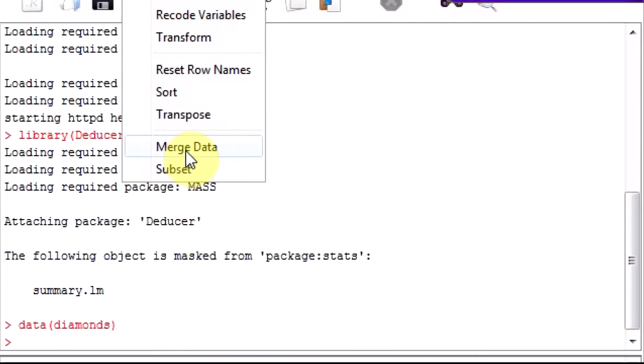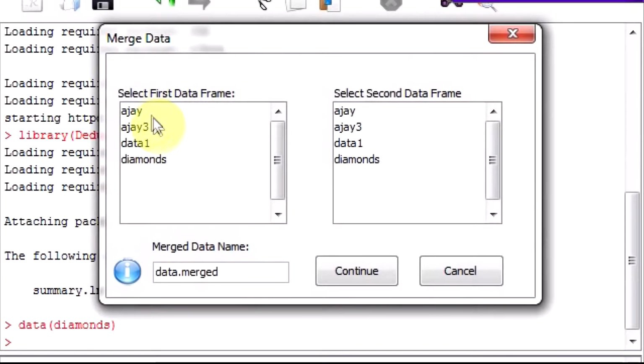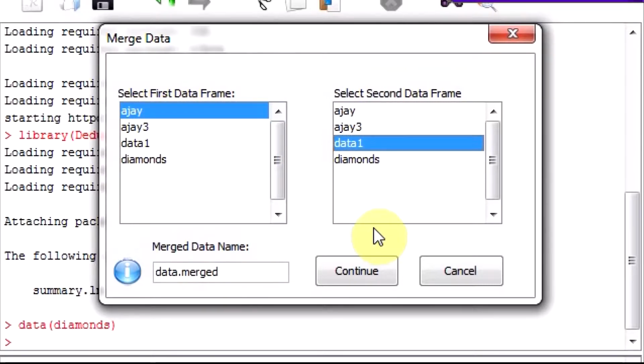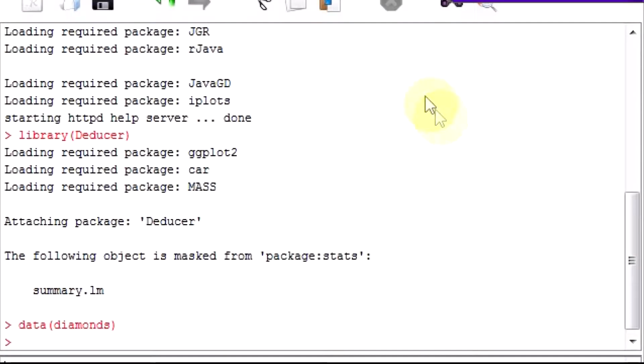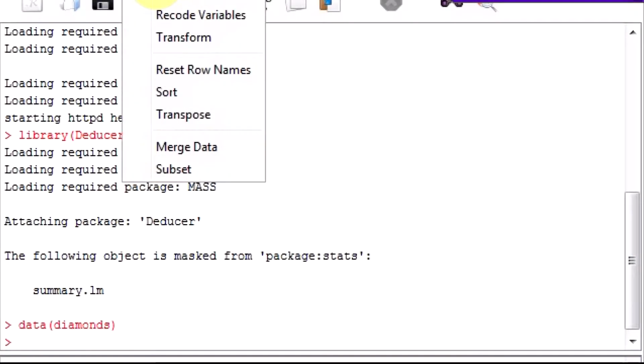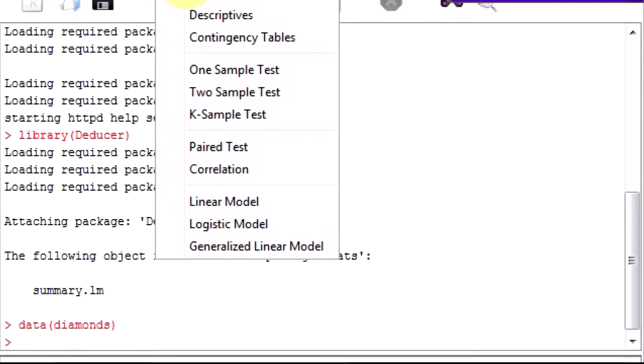We can also look at merge data. It's quite easy to select first data frame, select second data frame, right? And we can find the common variables, okay, using merge in Deducer. But I'm not interested in data right now. I'm not interested in analysis.